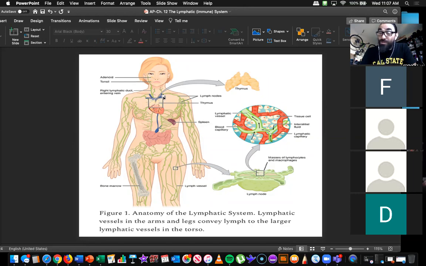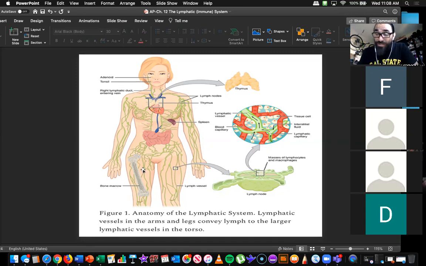And like I said, there are organs that belong to the immune system that are also a part of this system. An example of that would be the thymus, right? The thymus, which is located on the heart. But then we have this organ that belongs to the lymphatic system known as the spleen, which also works together. Okay, so you have your tonsils up here, you have your thymus here, you have your spleen, which is the largest organ in the system. And what they do is they circulate this fluid we call lymph all throughout your body.